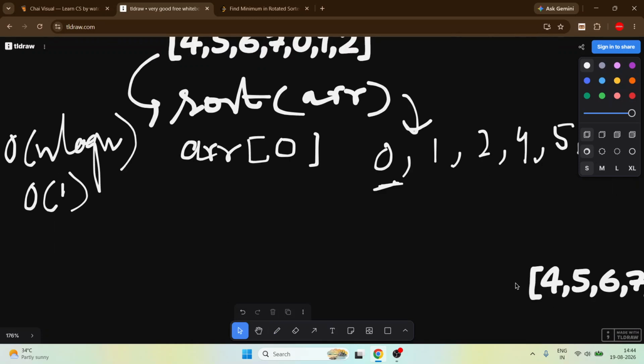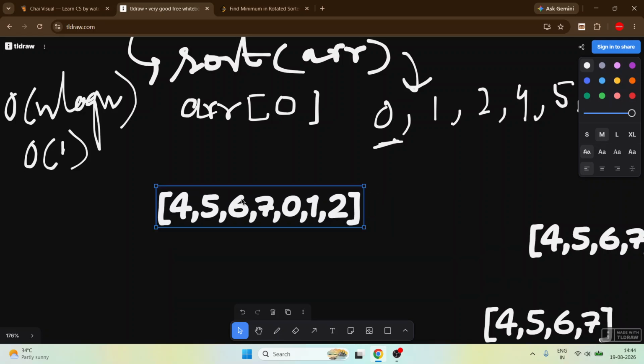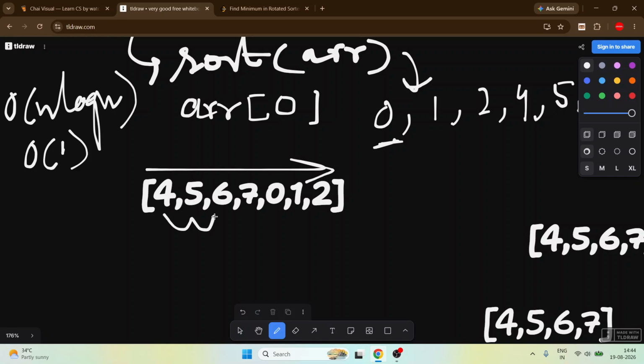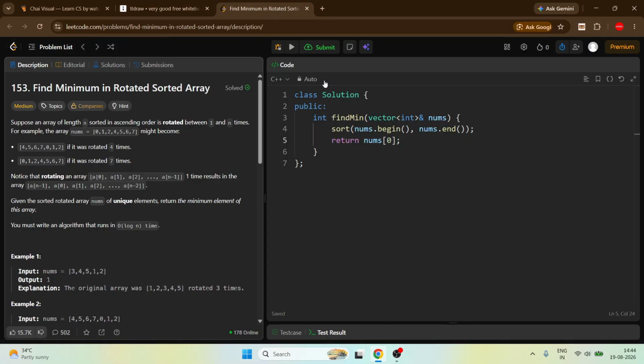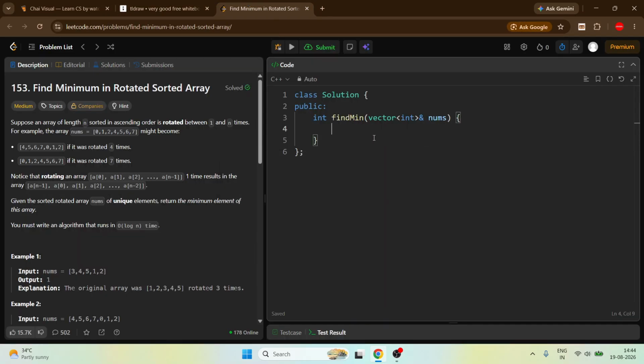So now, what if in this array we just put a simple for loop, and for every index we find what is the minimum, what is the minimum, what is the minimum. Let's do that also.